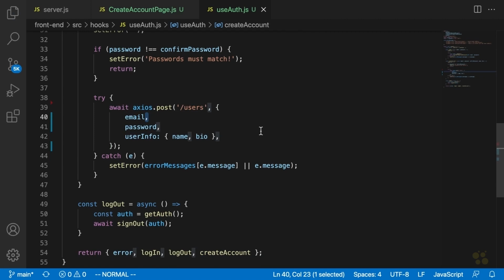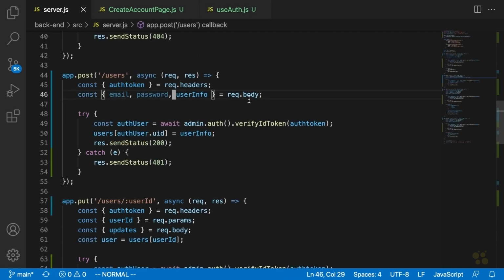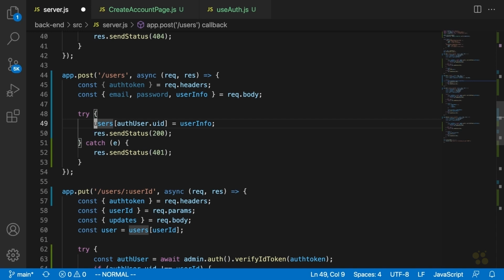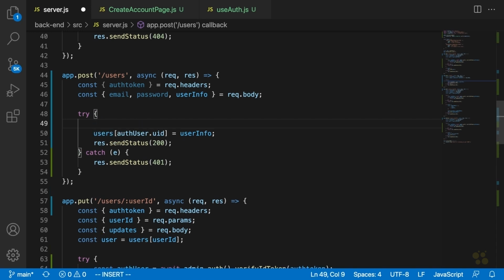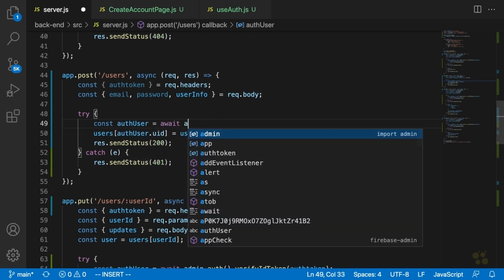So you might be wondering now, how does the user's account actually get created? Well, basically in the server, we now have to use a Firebase admin function called createUser to create a user with that specified email, password, etc. So we're going to remove this auth user thing since we don't need that anymore, right? We're not verifying tokens or anything. And instead, we're going to say const new user equals, and here we'll actually say auth user, I guess for that, equals await